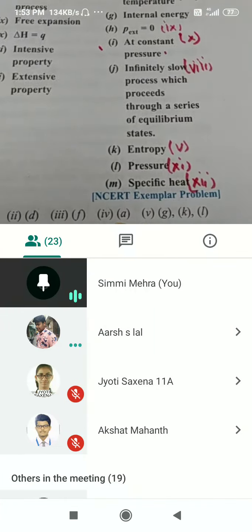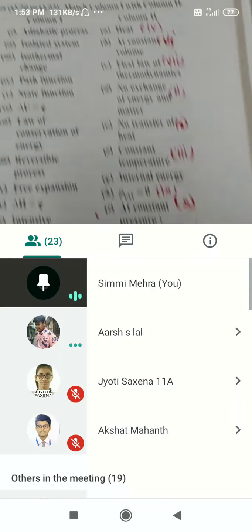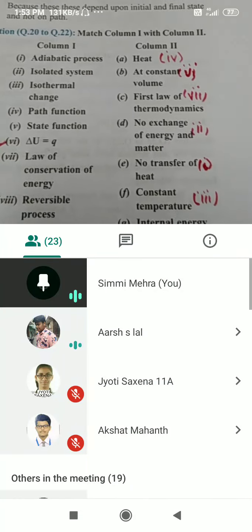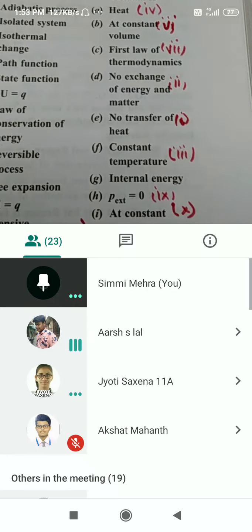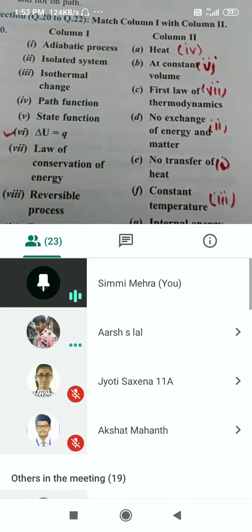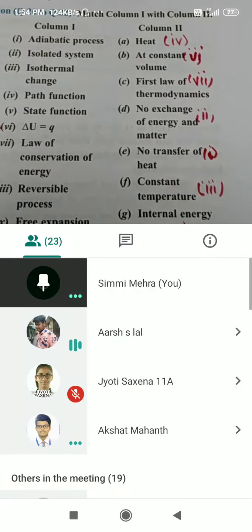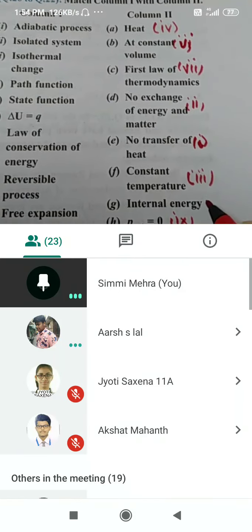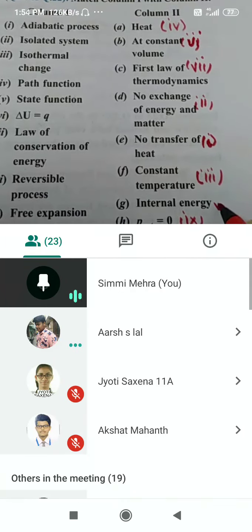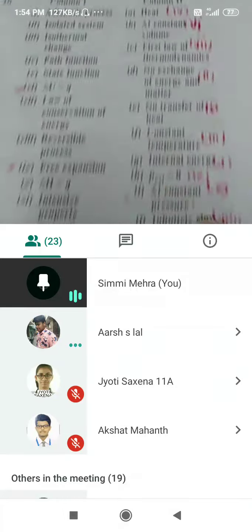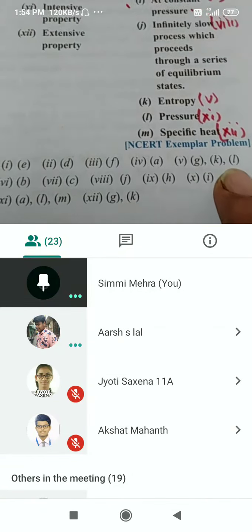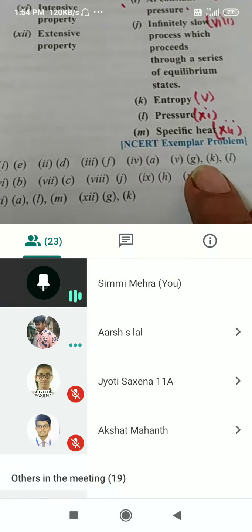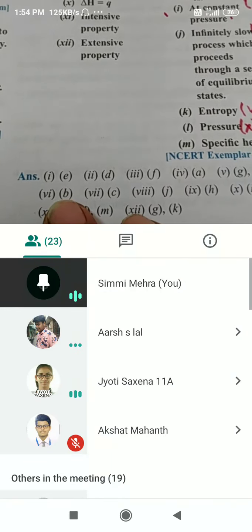Fourth is A and fifth is G, correct? No, fifth one was what? State function. So we had left it out. This will be fifth. Internal energy state function. Then sixth is...